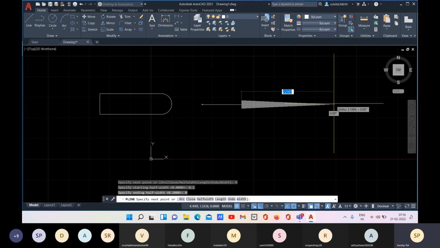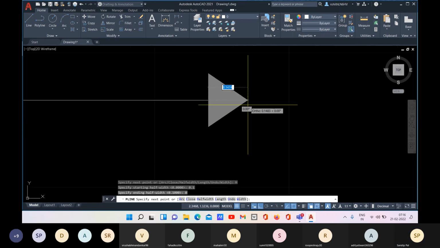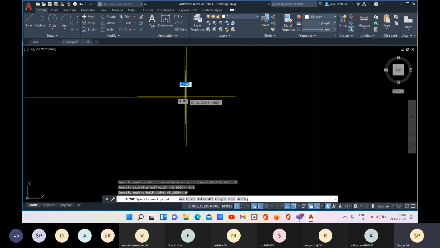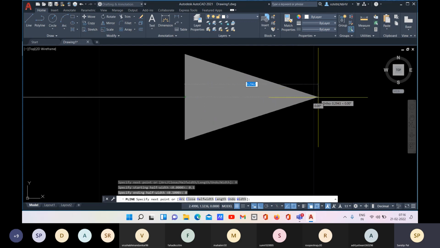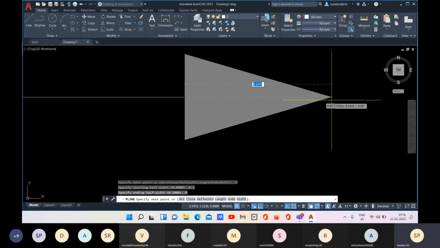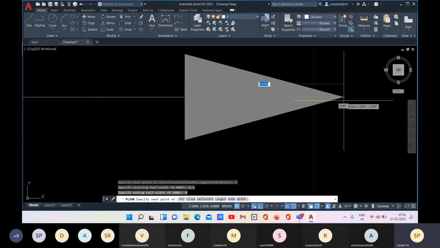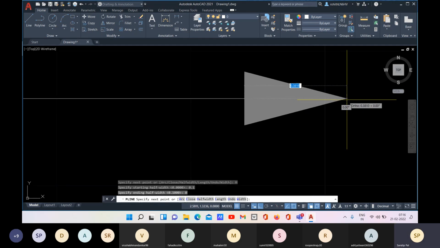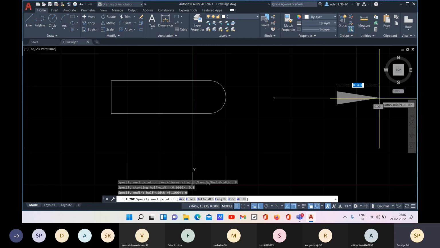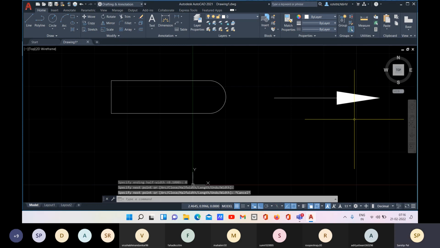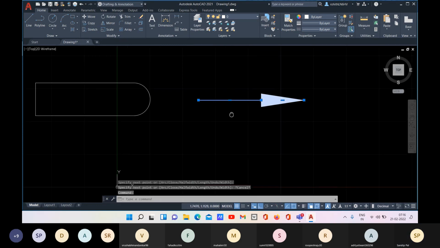And then you provide the length. As you can see, the line started at this point. Here you have the width, the total width is 0.2. And at the end of this line, there is no width. Width is 0. And now you are providing the length of this line. You can give it a value, or if you are going with random, just click and then you can press Escape. And this is a single object. So these are the things.